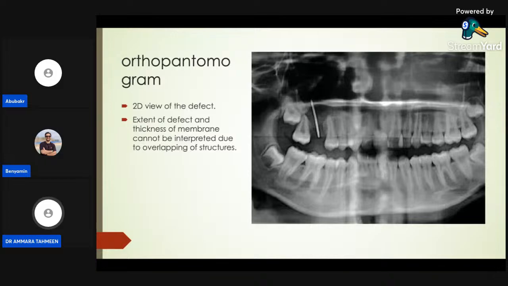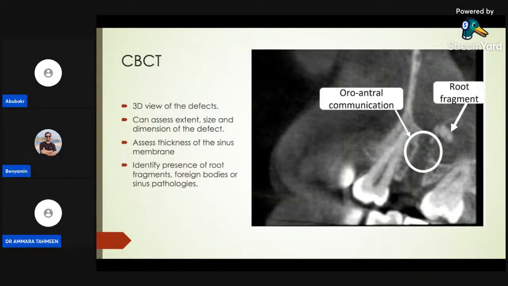If you want to plan proper treatment for that, then the gold standard radiograph of choice is either CT scan, or computed tomography, or CBCT, that is cone beam computed tomography. Nowadays, for every such case, CBCT is the method of choice for the radiographic investigation. So see, this is one of the sections from the cone beam computed tomography, CBCT, for the oroantral communication. I have just put one image; I forgot to put the other images.